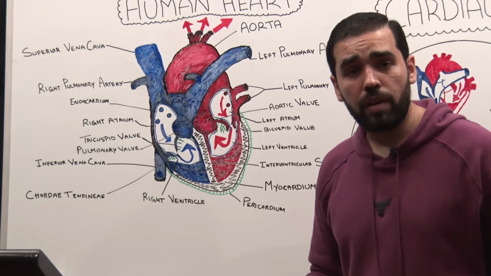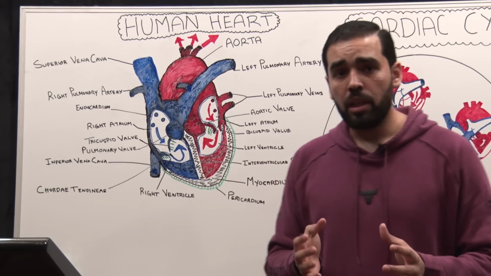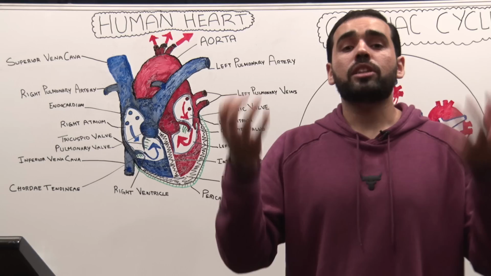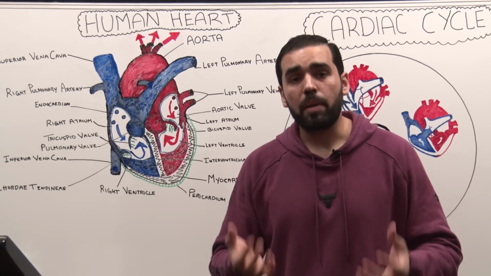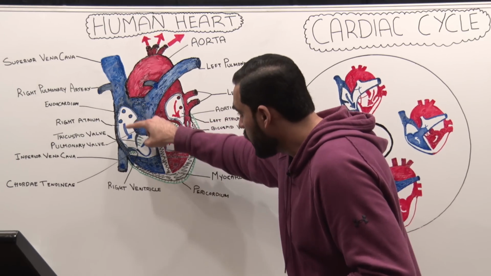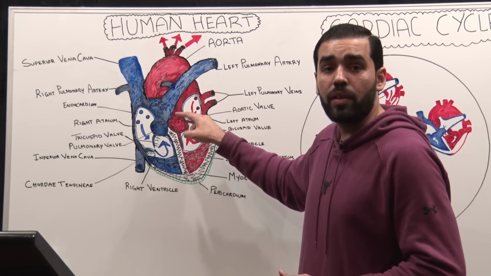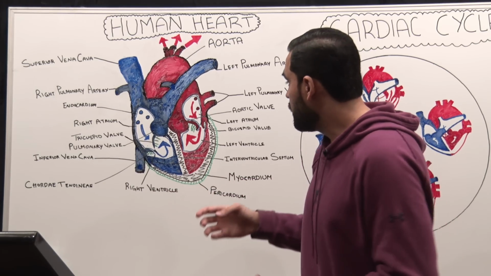And what is the function of the valves? Well, two functions. First, to make sure that there is no regurgitation. The blood is not flowing back. So there's only one-way blood flow through the heart. If blood is flowing in this way, it will only flow in this direction. It won't flow back. That would be a pathology.